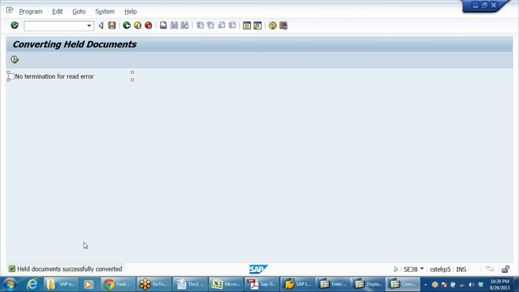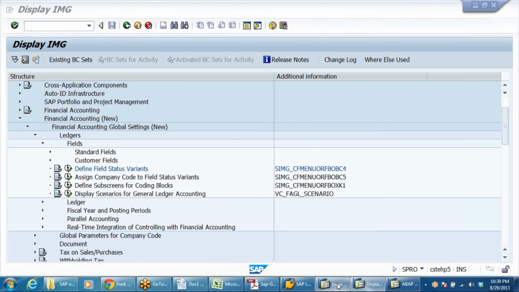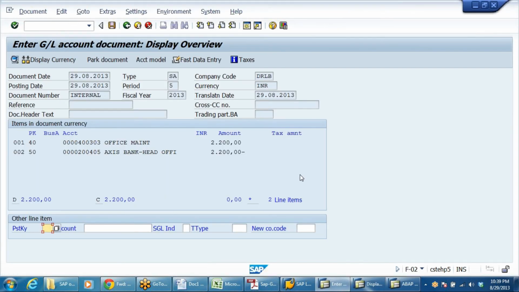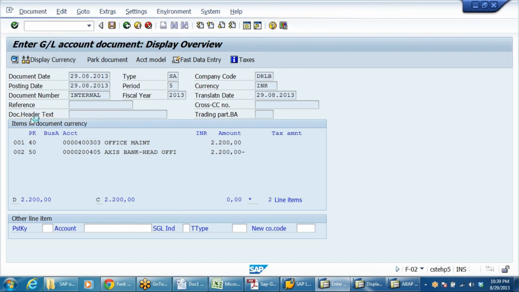Execute. Held documents successfully converted. Again, come back to this one. Again, go to Document, Hold.